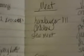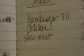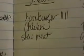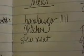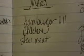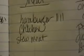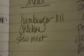And, oh, let's go back to the meat section here. The hamburger, what I'll do is I'll buy like a 4 or 5 pound hunk of hamburger, and then I'll go home and portion those out really fast. And if I'm going to use one, say like I'm going to use lasagna for tomorrow, I'll leave out one portion of the hamburger and I will portion out the rest of them and throw them in my freezer. And then when I get done with the previous night's meal, I'll check and see what I need to unfreeze for the next day. So I'll just pull that out when I decide I'm going to make the stroganoff or the